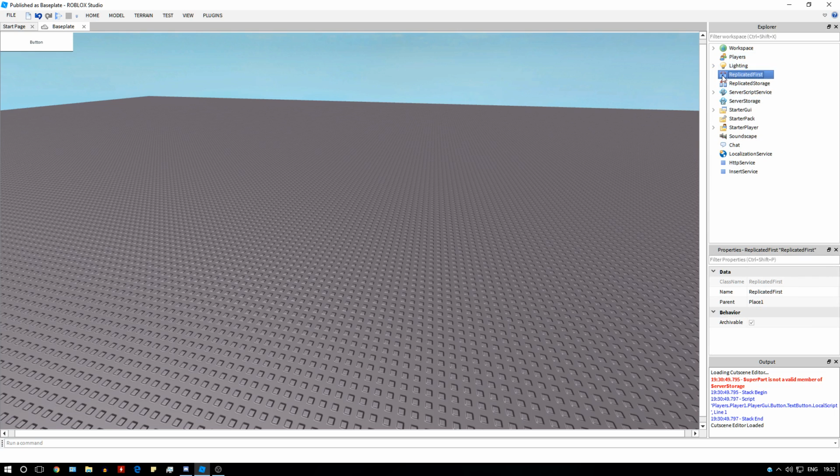Now, replicated first is all the things that happen at the very beginning of the game. So basically this is used for stuff like loading screens, etc. It can be very good for that sort of thing. Replicated storage plays a very similar role to lighting. So if you want to use that superpart, as I was saying earlier, you can